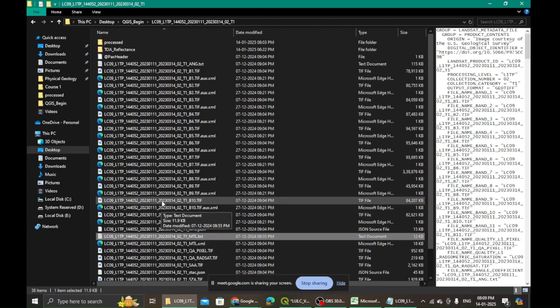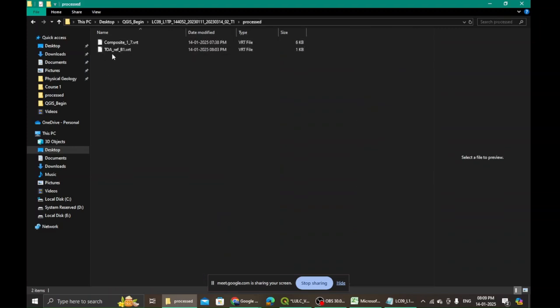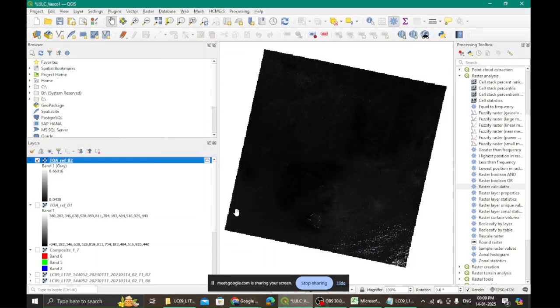But make that particular folder. So what I have done, this is my raw data, as I have downloaded, and I have made a processed folder. So within this processed folder, I am storing all my corrected bands and everything. So that is what we will be doing. All right, now the last exercise that we are doing, see, you know how to correct the bands, correct all the 7 bands. The expression is with you.